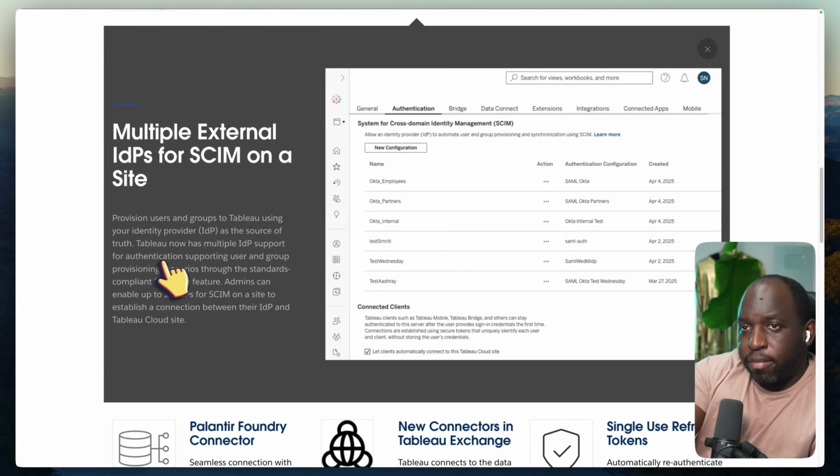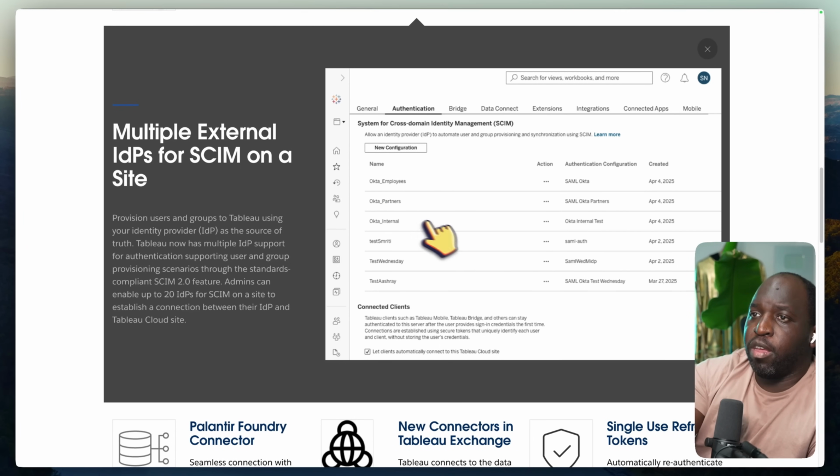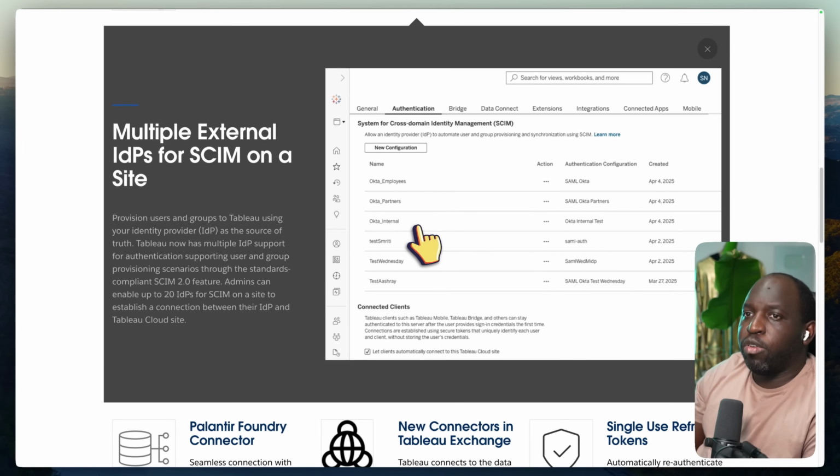But anyway, Tableau now has multiple IDP support for authentication, supporting user and group provisioning scenarios through standards compliant SCIM 2 features. Admins can enable up to 20 IDPs for SCIM on a site to establish a connection between their IDP and Tableau Cloud site. So this is also interesting because I think it allows you to have different ways of authenticating on a site. For those who have Okta, they can go in through that. For those who have external providers, for example, here they have internal employees and partners. So you can have different people go through different identity providing systems, and that also is good for security because